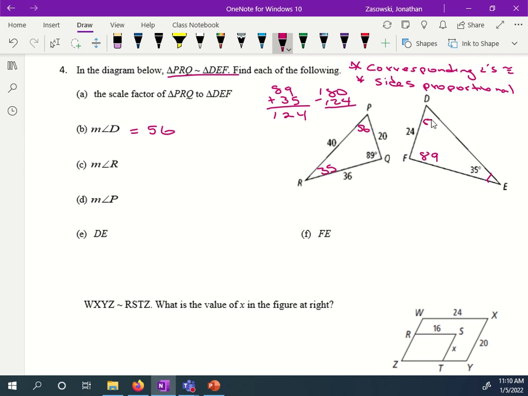Okay. And then we can also fill in the other angles here, right? Angle R we know is 35. Angle P is 56 as well. Okay. And then how are we figuring out the length of DE here? What do we do for this one? Or what can we do? If we know the sides are proportional, we can